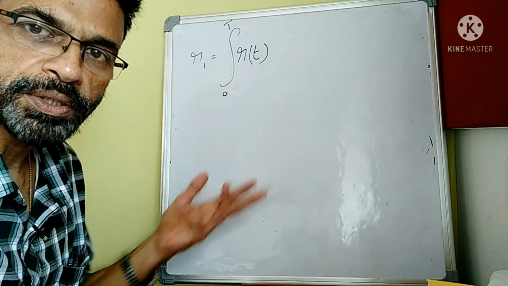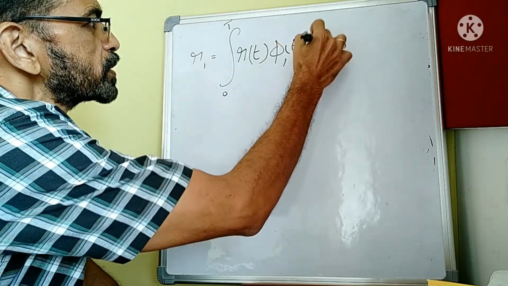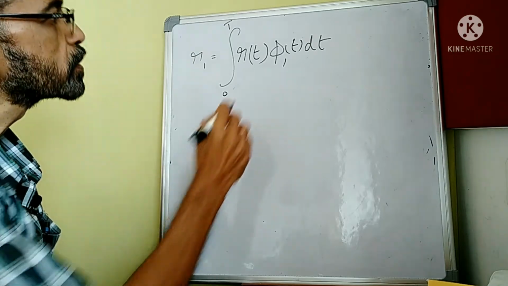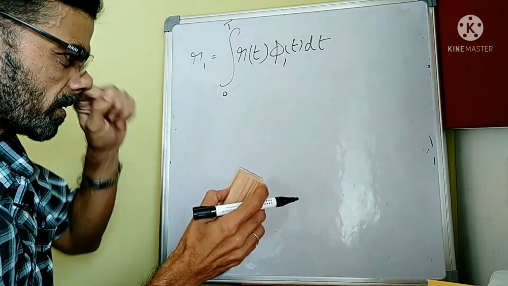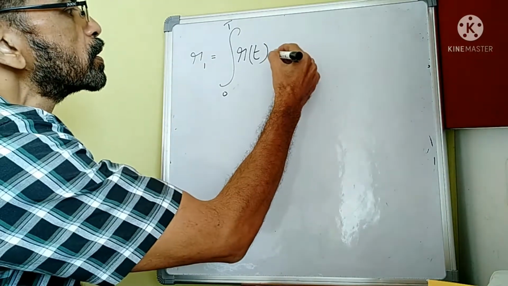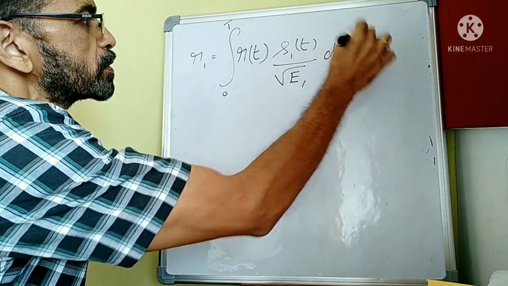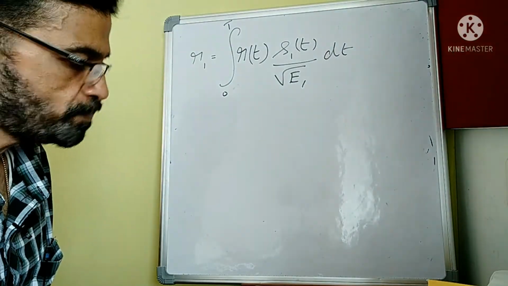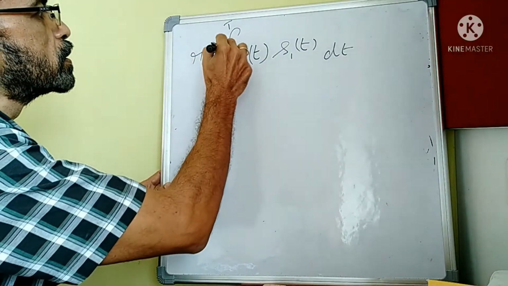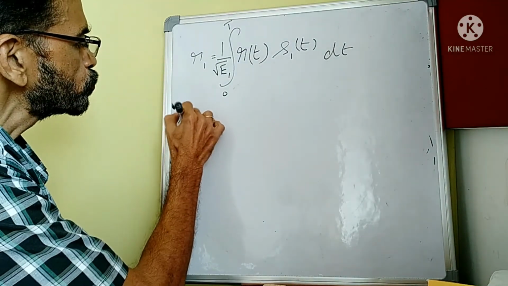R1 is the integral of r(t), a sample function of the random process R(t) which is received, into phi 1(t) dt. We know that this is how we arrive at R1, and if you recall, earlier we had shown that phi 1(t) is equal to s1(t) by root E1. So this gives us R1, and we can write it like this. Similarly, R2 is